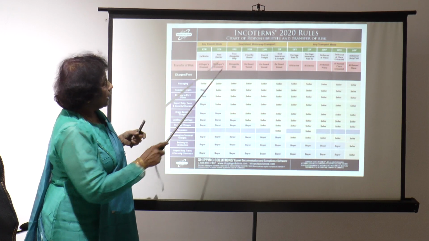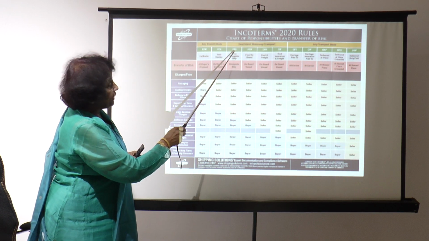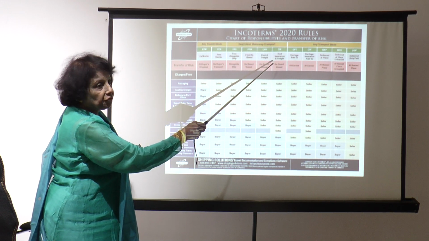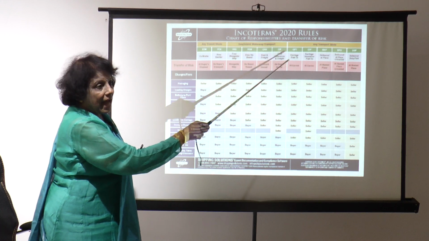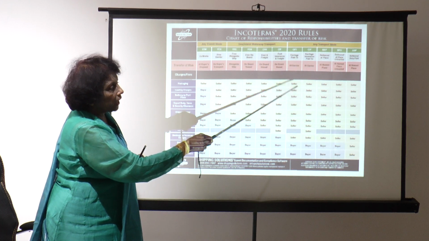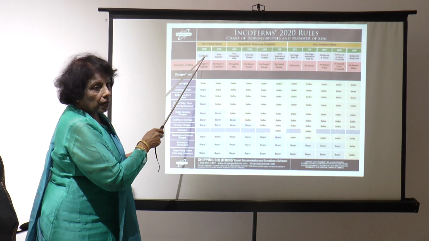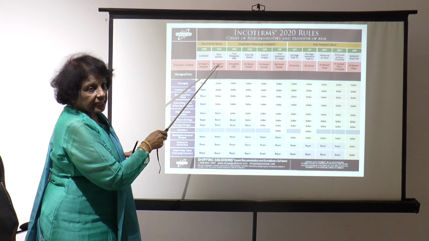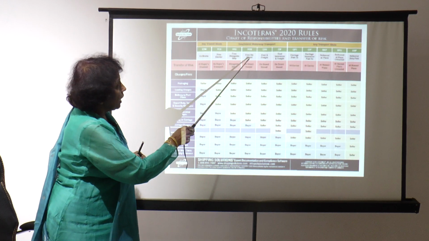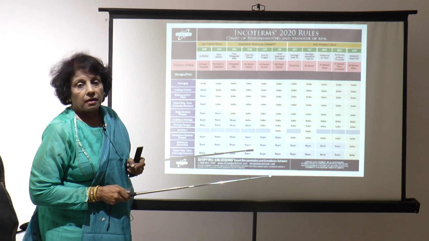Because the PPT may not be very clear, the chart, when you look at it, you can see in the PPT. Now you will see that there are 11 Incoterms: ex-work, free carrier, free alongside ship, free on board, cost and freight, cost, insurance and freight, carriage paid to, carriage and insurance paid to, delivered at place, unloaded, delivered, duty paid. Again I am reading: ex-work, EXW, free carrier, FCA, FAS, free alongside ship, FOB, free on board, CFR, cost and freight,